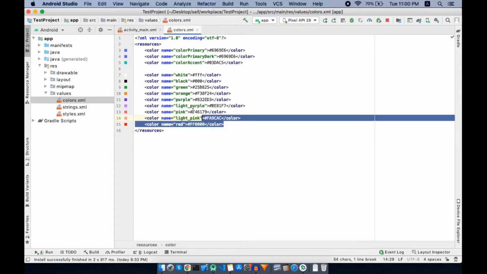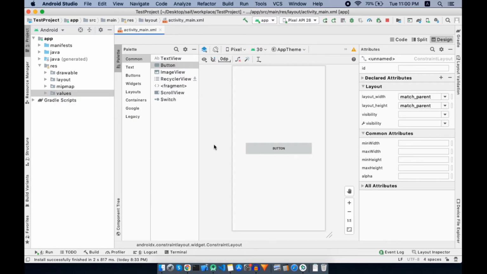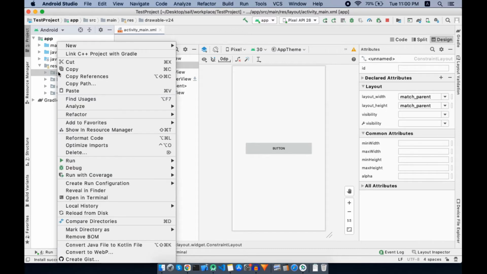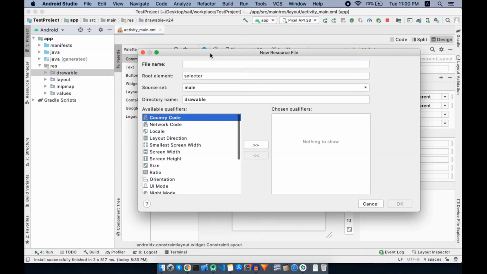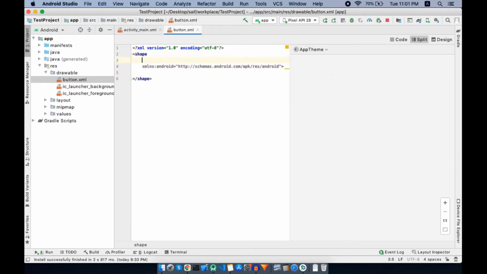In colors.xml file, I have already defined some of these colors for the sake of this video. You can use any colors. Now let's create a drawable for our button. For that go to drawable under res, new drawable resource file. Set the name to button.xml. Root element we will set to shape. Press OK. Now in the shape element we will set the property shape to rectangle, and in here we will